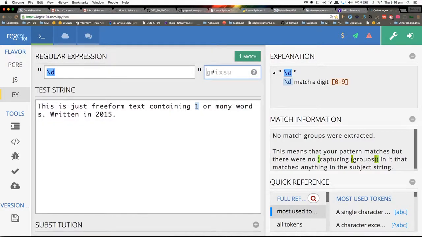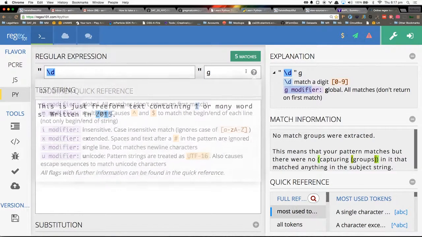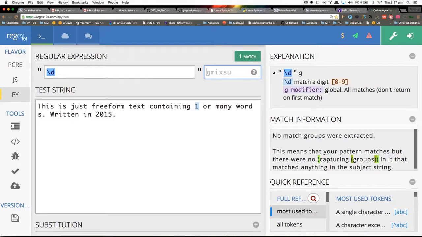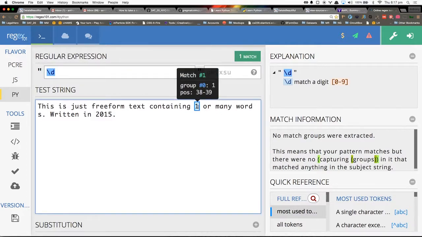There's also a few modifiers I can use. So I can tell it to globally match all digits within the document. If I take this out, it'll match the first one. Typically by default, when you do a match operation, it'll match the first digit, the first token. Token is a fancy programming word for talking about words within a string. It'll match the first token that matches the regular expression.